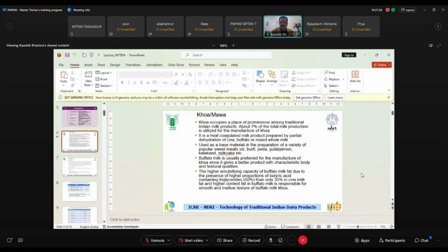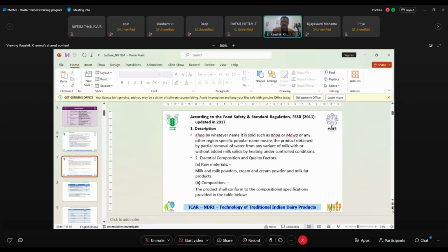So the buffalo milk contains a high amount of fat, and the structure of the fat is such that it makes good quality khoa, which is very suitable for making various khoa-based milk products. Right. So khoa is one of the products for which the Food Safety and Standards Regulation has prescribed